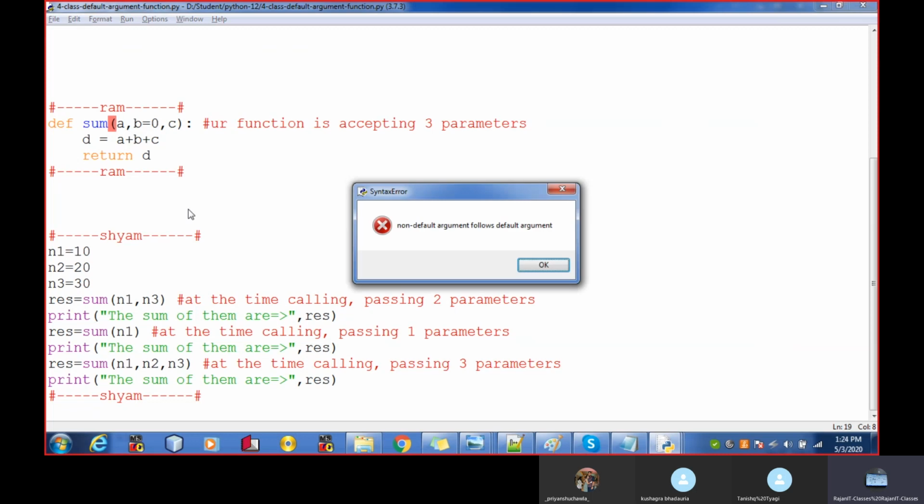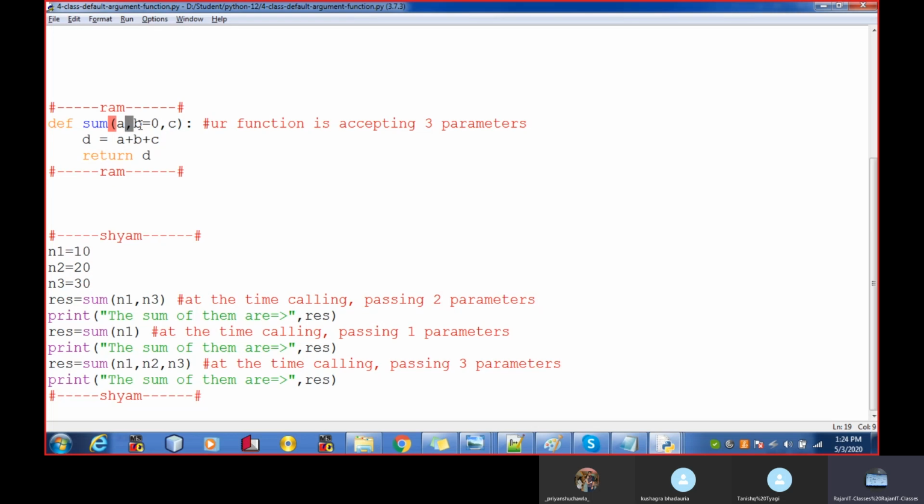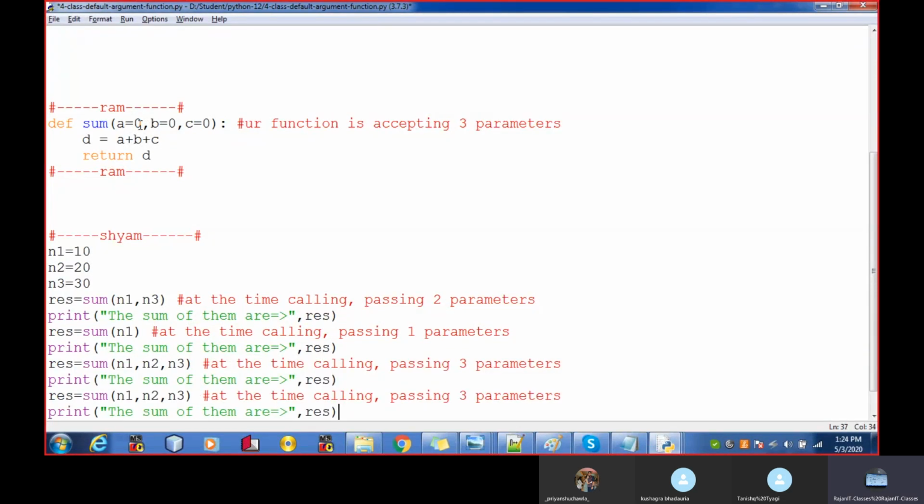Okay, now see, non-default arguments follows default argument, right? It means it is mandatory if we are making the function as default argument function. So either all the parameters should contain the default value or the last parameter should contain the default value. So I'm putting all the parameters as default value, right? So in this case I have passed nothing. I forgot everything.